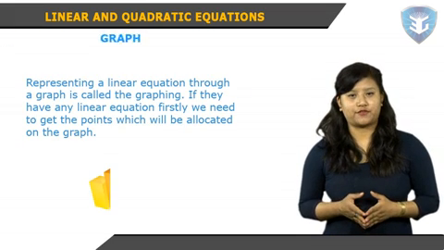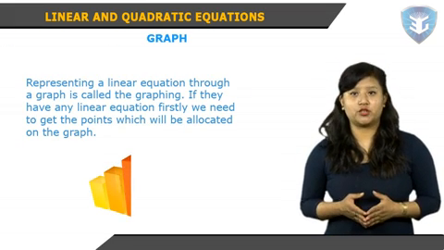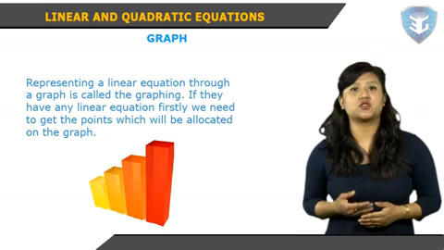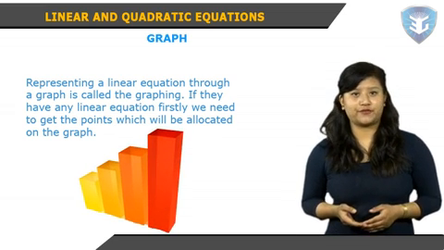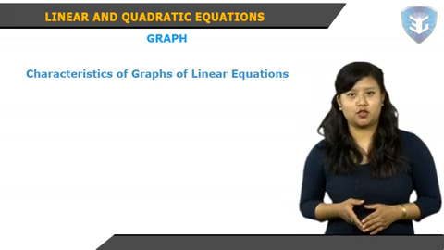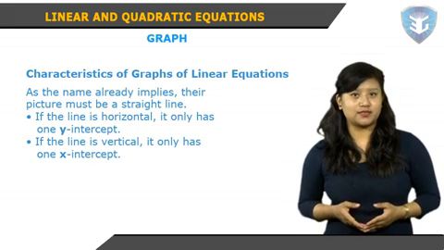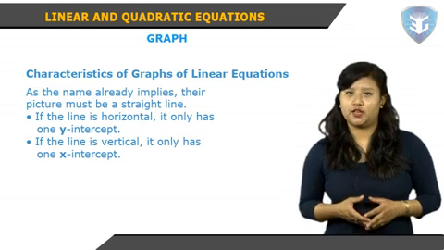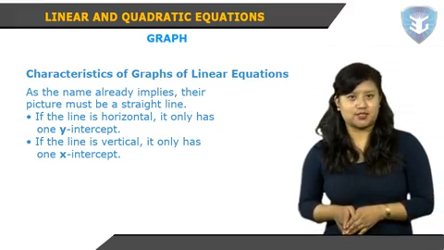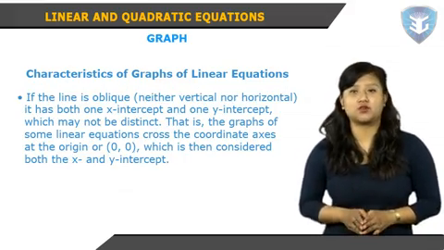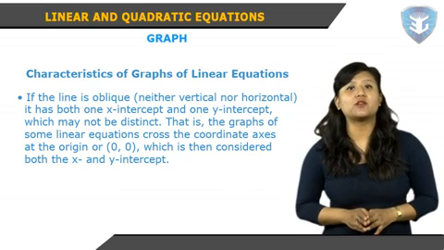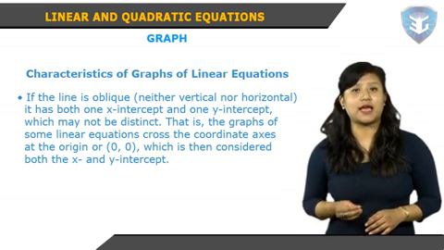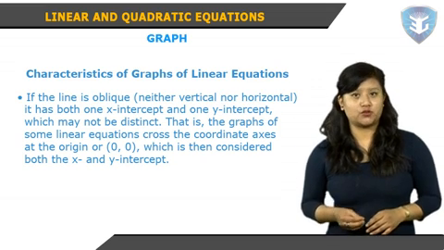Let's know the meaning of graph. Representing a linear equation through a graph is called graphing. If they have any linear equation, firstly we need to get the points which will be allocated on the graph. The characteristics of graphs of linear equations: as the name already implies, their picture must be a straight line. If the line is horizontal, it only has one y-intercept. If the line is vertical, it only has one x-intercept. If the line is oblique, neither vertical nor horizontal, it has both one x-intercept and one y-intercept, which may not be distinct. That is, the graphs of some linear equations cross the coordinate axis at the origin (0, 0), which is then